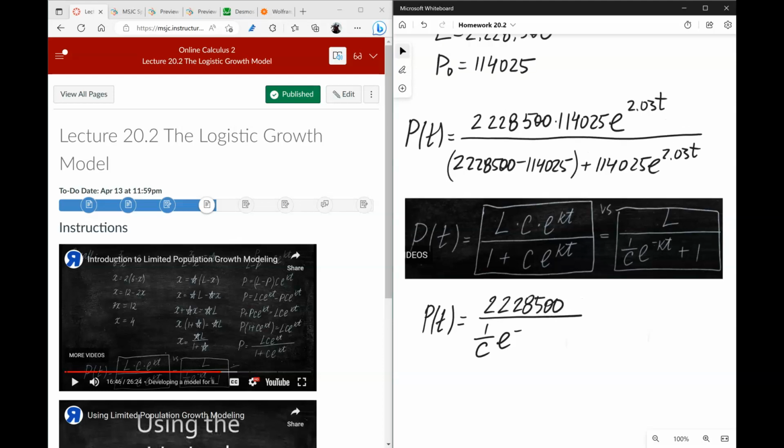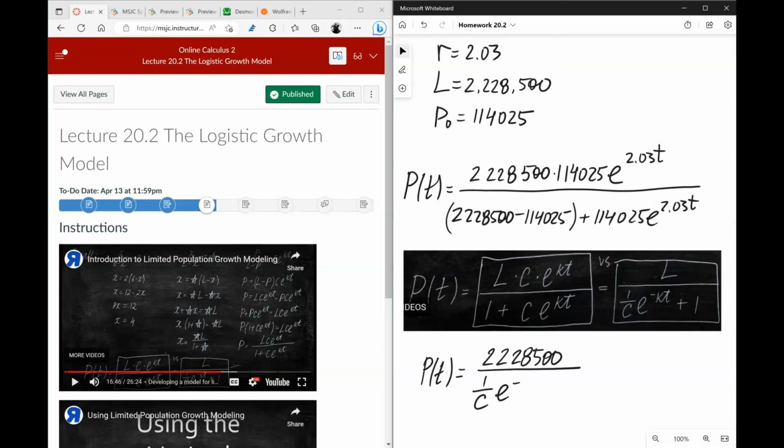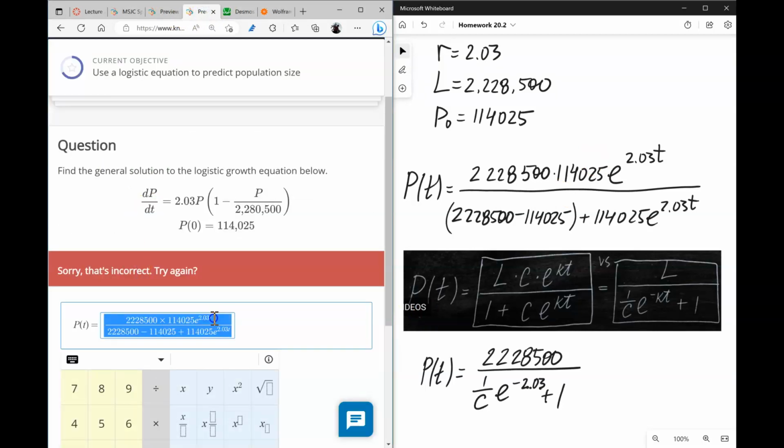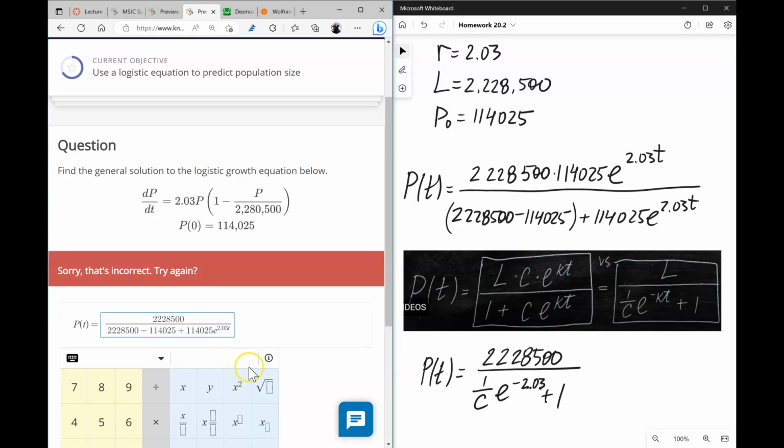I'm afraid to make a mistake at this point, but let's go with this. If it doesn't like it, it doesn't like it. We're going to have e to the negative. The coefficient will be